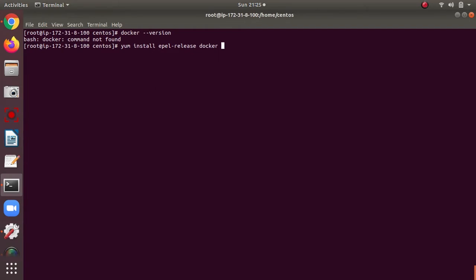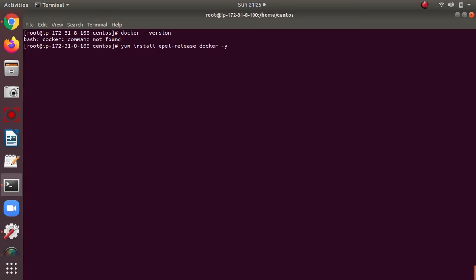These are the two packages we need. The first package is Extra Packages for Enterprise Linux, and this will come with the dependencies required for Docker, and -y so that we don't need to answer yes each time.